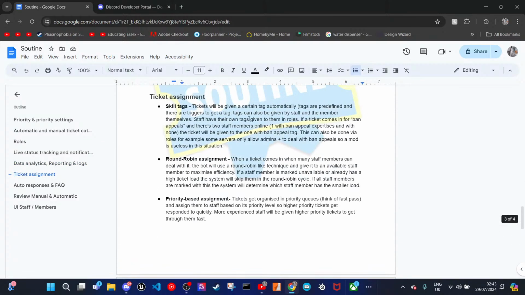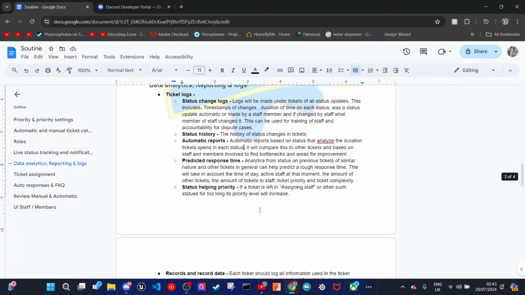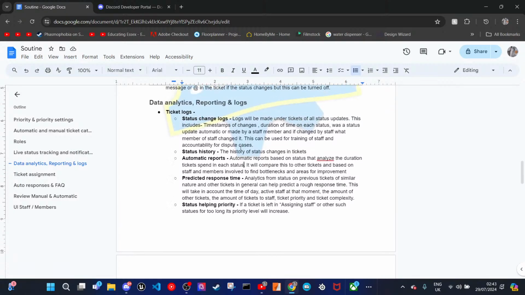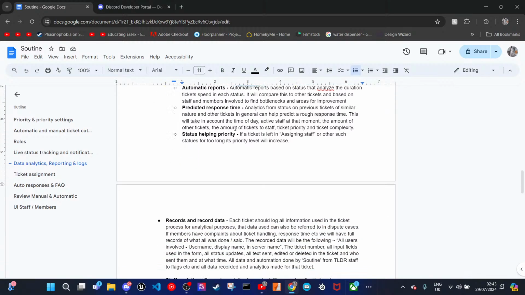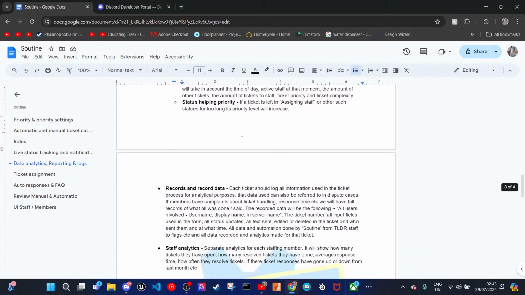And I'm not really sure there's anything else to do in this part of the analytics, reporting and log section. But we're logging everything from a ticket. We're also getting data from frequently asked questions, their messages, and I feel like this could also be